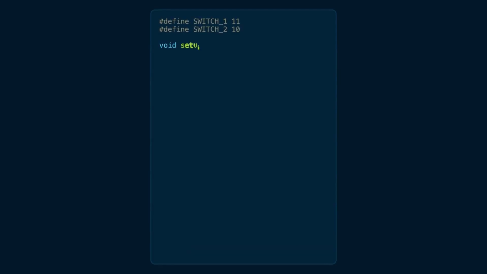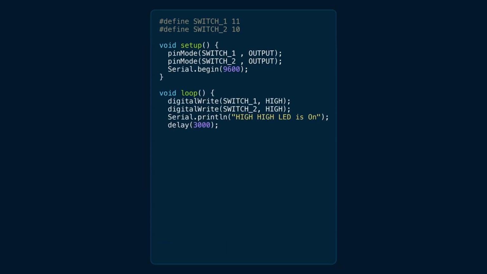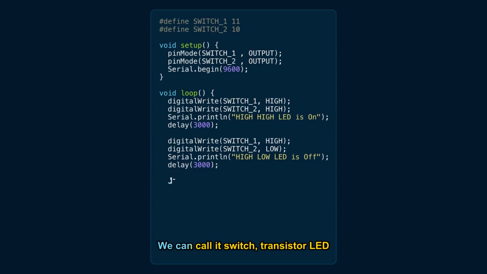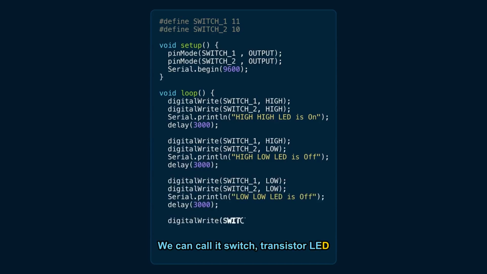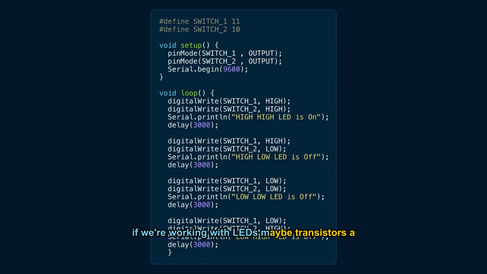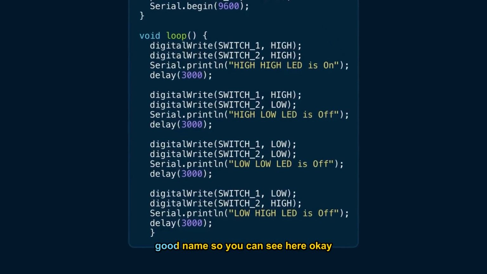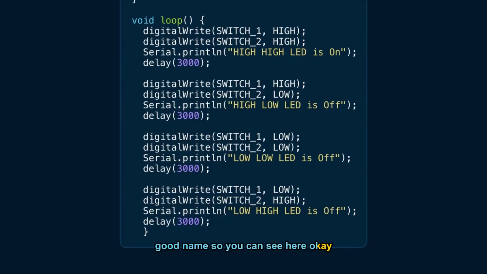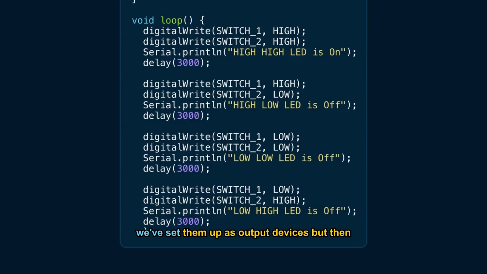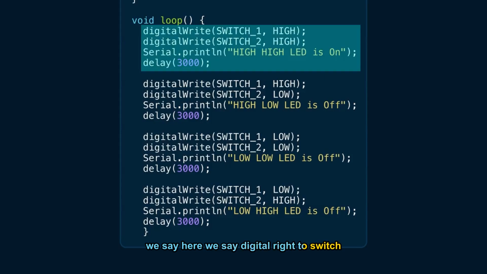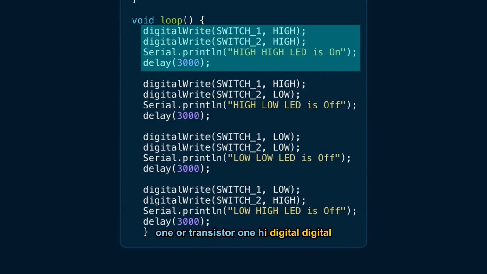Now here's our C code. Basically we've got two switches. You can call them whatever you want. We can call it switch, transistor, LED if we're working with LEDs. Maybe transistor is a good name. So you can see here, we've set them up as output devices, but then we say digital write to switch 1 or transistor 1 high, digital write to switch 2 high, and then we print out